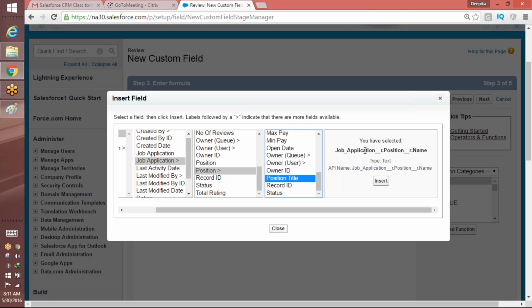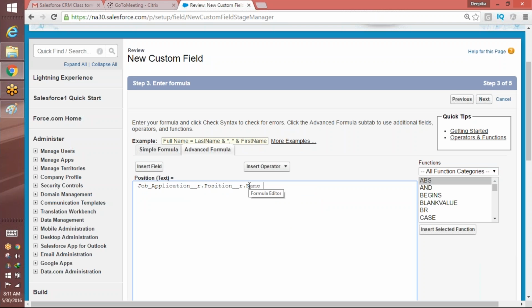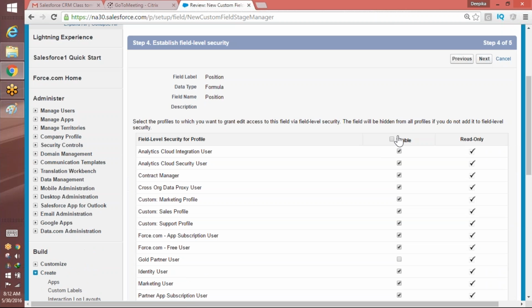So this is my position title, and you can see that the underscore underscore R represents the related field. So that's for position R, the job application related to the position, and then the position name we're trying to display. What we're trying to do is, from the review object we go to the job application, from the job application we go to the position object, and from the position object we display the name of that position. Now if I go ahead and hit the next button, and then visible to all,